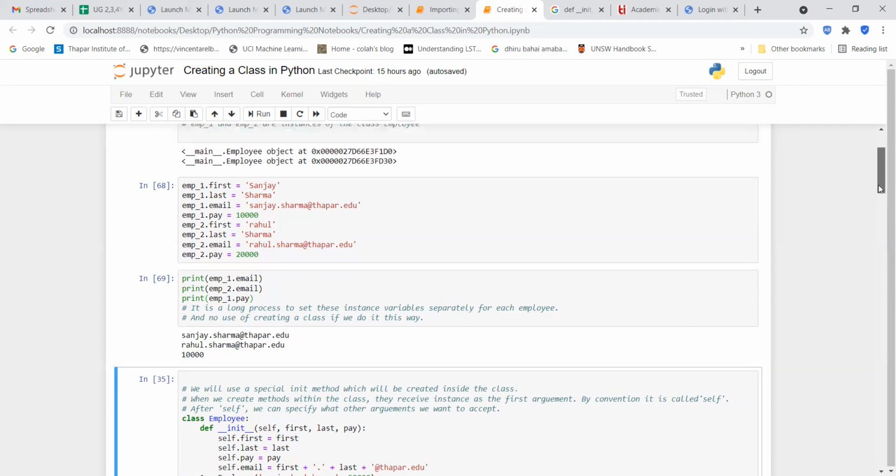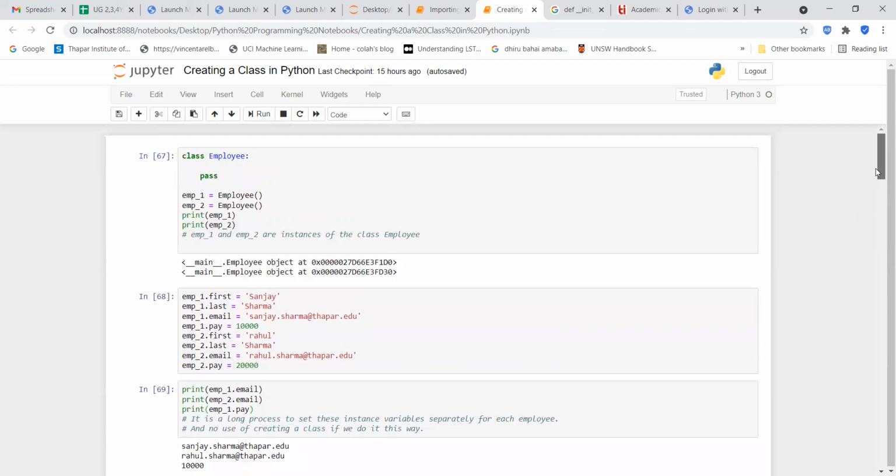Now, the important thing to remember up to this code is that this is the class. emp1, emp2 are the instances of the class, and these are the instance variables, right? And we can print any of the instance variables. Now, for example, if you have 500 employees, you will have to create instance variables for 500 employees, if you want to follow this kind of approach for programming,